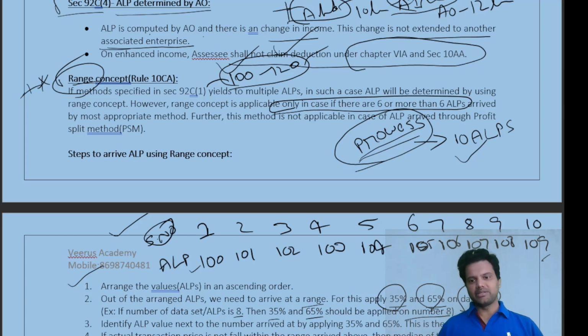Here what we are trying to do is we are taking the average ALPs from the list of total 10 ALPs. That's the task that we are doing. So we want the average number, neither low nor very high. If I give you an example, in a classroom there are 50 students. Out of the 50 students, if I ask you to give me the average students, that means students who are performing averagely in the class, you may take the exam list, out of which whoever is a failed